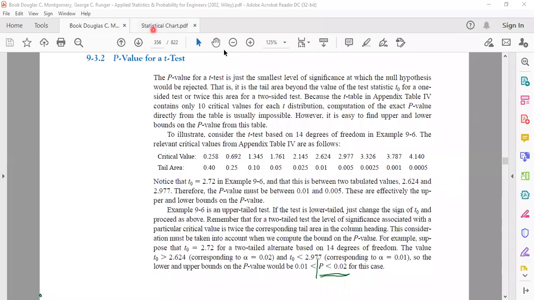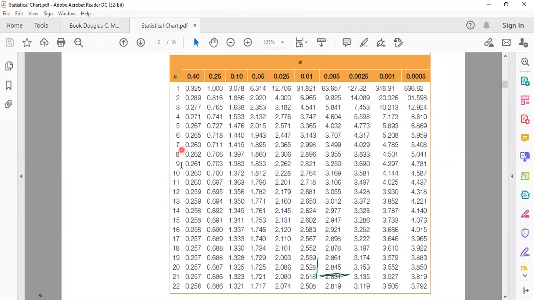So if we would have considered the p-value to be less than, let us try to find out what we get at the 1% level of significance at 14 degrees of freedom. Just see. At the 1% level of significance, the value came out to be 2.624, but our value is 2.72. There also the calculated value is not actually lesser than the tabulated value.